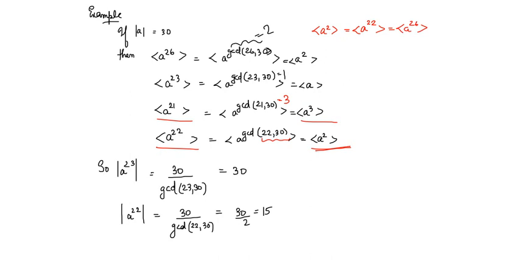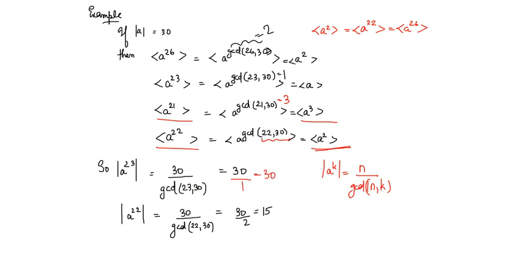Now that is about the set, the equal subgroups we found. Then what about the order of these sets? So if you want to find the order of a raised to 23, what is the order of this group? That was the second part of the theorem: order of a raised to k is equal to n divided by GCD of n and k. So here k is 23. So 30 is the order of the element. So 30 divided by GCD of 23 and 30. That is 30 by 1, which is equal to 30 itself.